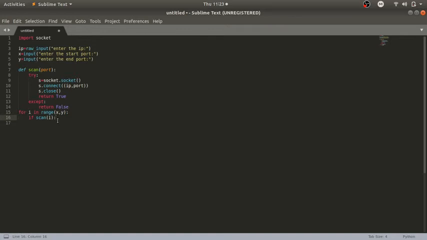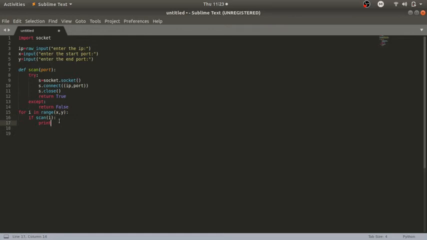So if scanning i is possible, then this scan i is this function. We are calling this function over here, scan and port. So the port number is in i right now, and it will call these things. So if scan i means if this function runs, it can return true or false. If it does return true, then if scan i,